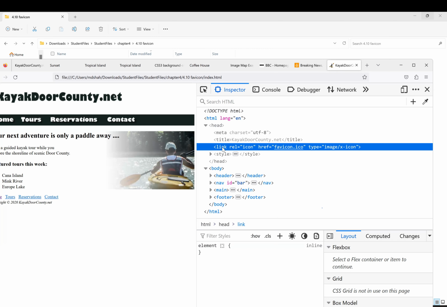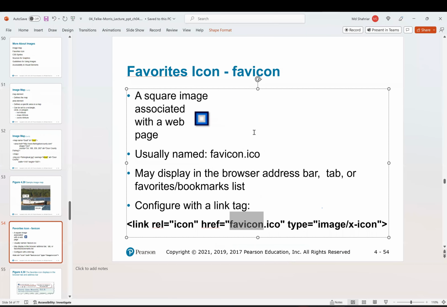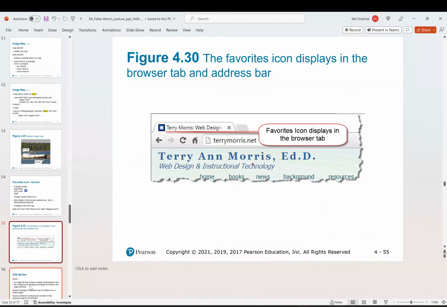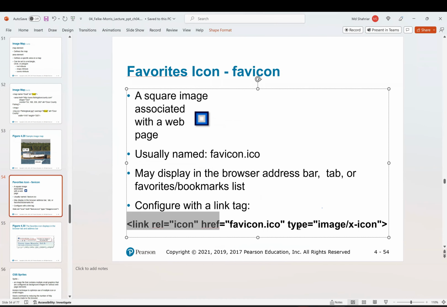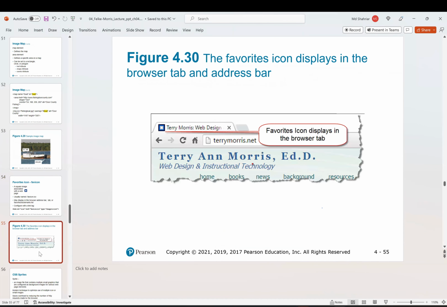This is how you create and link the favicon. If you bookmark this page, that icon will appear on your bookmark list. So here is one example. If the image is this, and you put this inside the head, now the